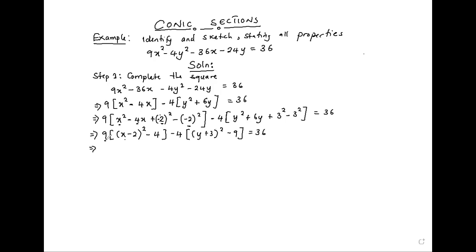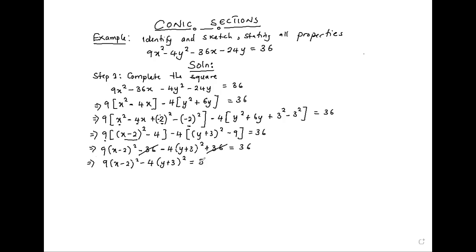So 9 multiplied by these brackets, we're going to have 9 times x minus 2 squared, minus 9 times 4, 36. And then minus 4 multiplied by the brackets: negative 4 times negative 9, we get plus 36, equal to positive 36. So now we see this is minus 36, this is positive 36, so we get a 0 there. Okay, so the next step, we remain with 9 times x minus 2 squared minus 4 times y plus 3 squared